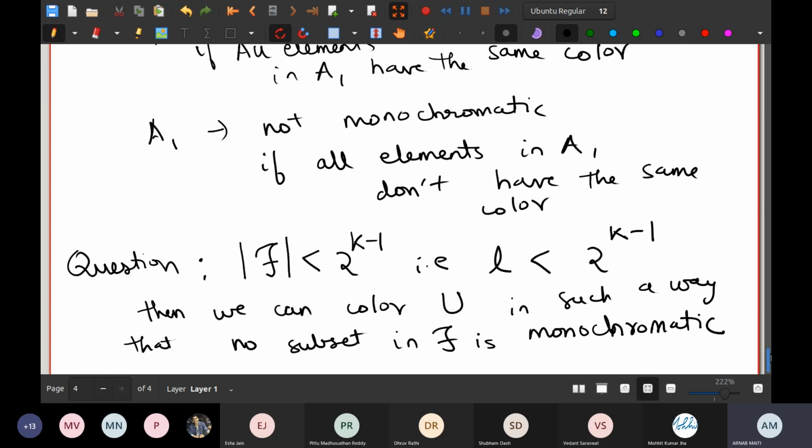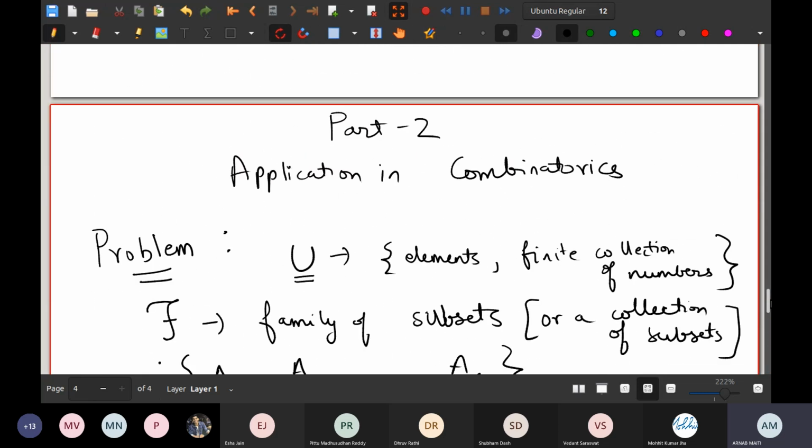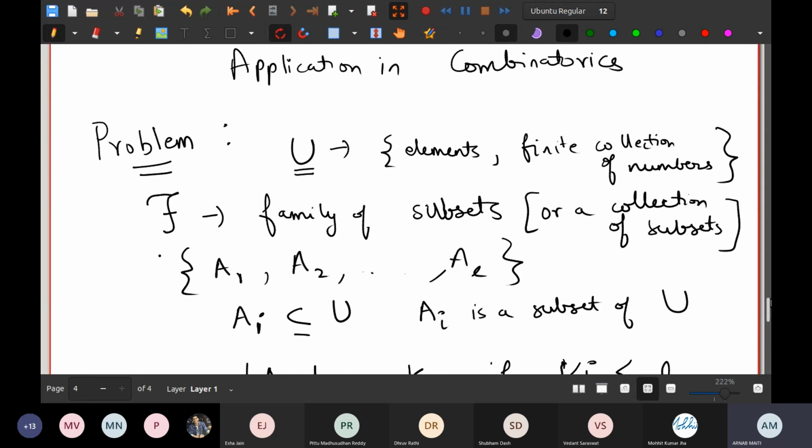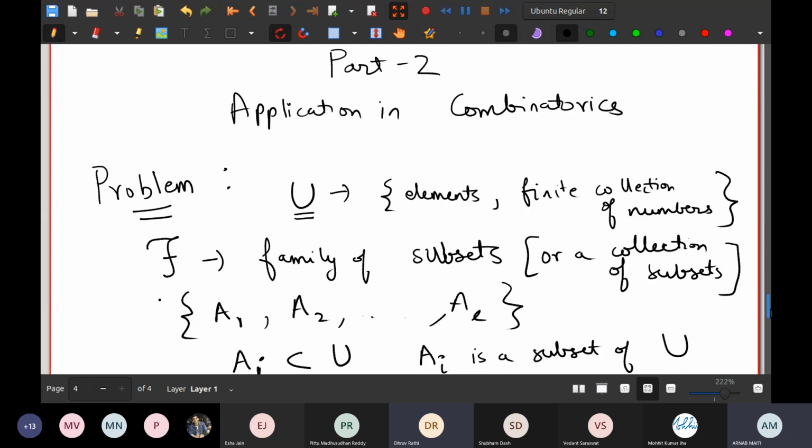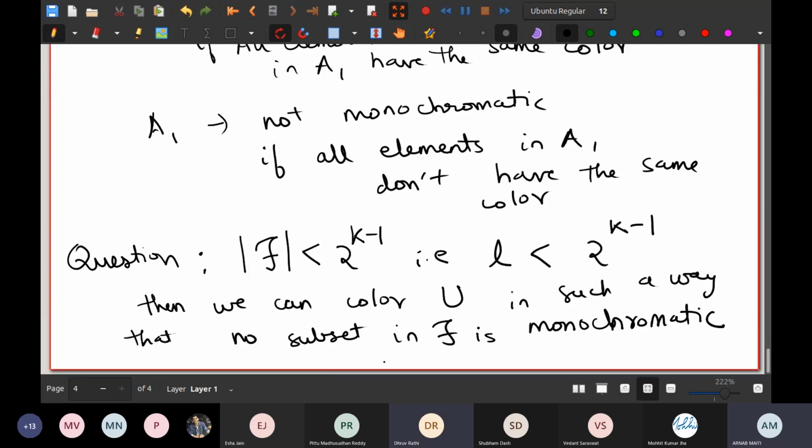So before proceeding to the proof, I'm sure some of you might have doubts in the problem statement. So if anyone has, they can ask, because it's important to get the problem statement clear in the first place. So you can ask me about any part, if it's not clear. Can you explain the last part? Which one? This one? The statement, yes, sir. Monochromatic is fine, right? Yes, monochromatic is fine in the statement.